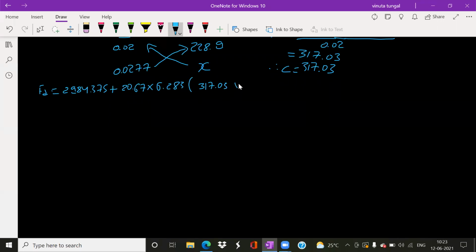317.03 multiplied by, next is B. It is 56.123 into cos square beta, it is 17.5 plus, after that, which value is there? FT, correct? 2984.375 multiplied by cos beta, 17.5.